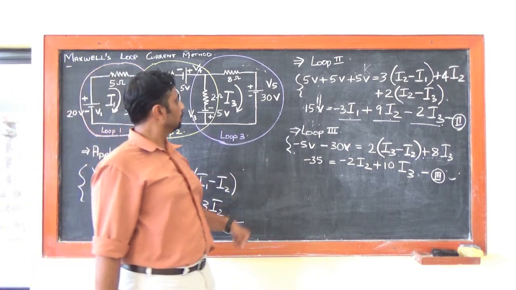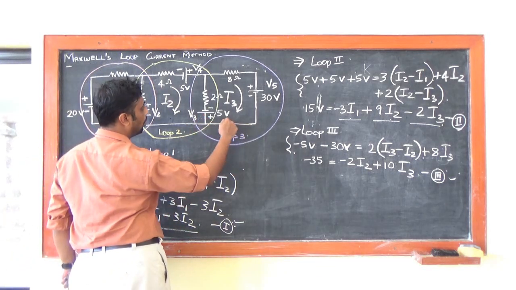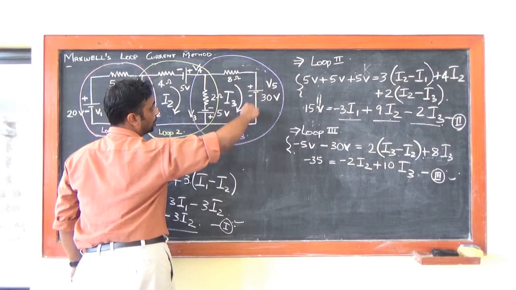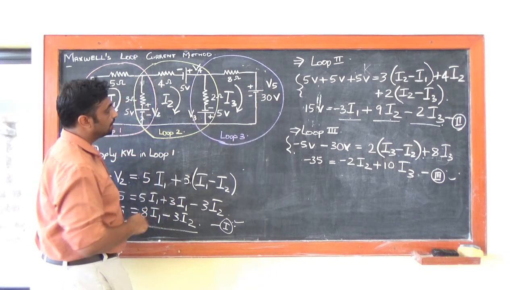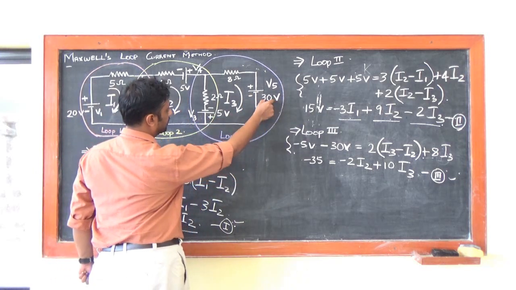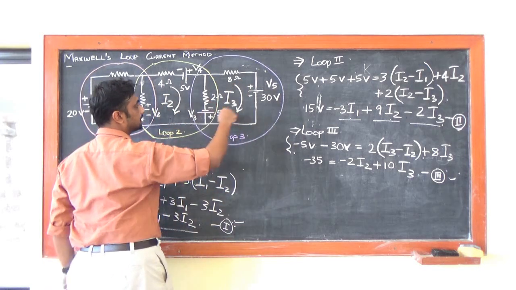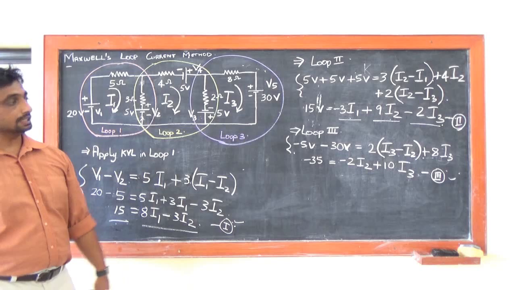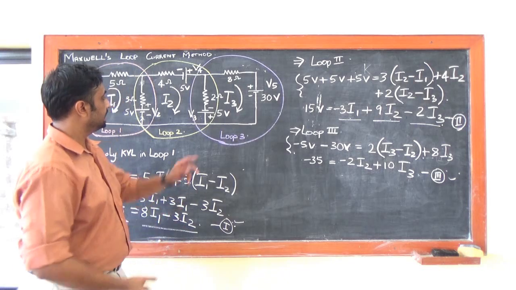Then again, in loop 3, the shortcut method. So we'll go basically by this method to solve all our problems. Positive to negative. Again, positive to negative. So it is following an anti-clockwise direction, which is in opposition to the direction of I3. So we'll have an addition of both these voltages. So 30 plus 5 will give us 35 and it will be negative sign. Why negative sign? Because it is in opposition to this. So we have minus 30 minus 5, which will give us minus 35, which is equal to, again, in this